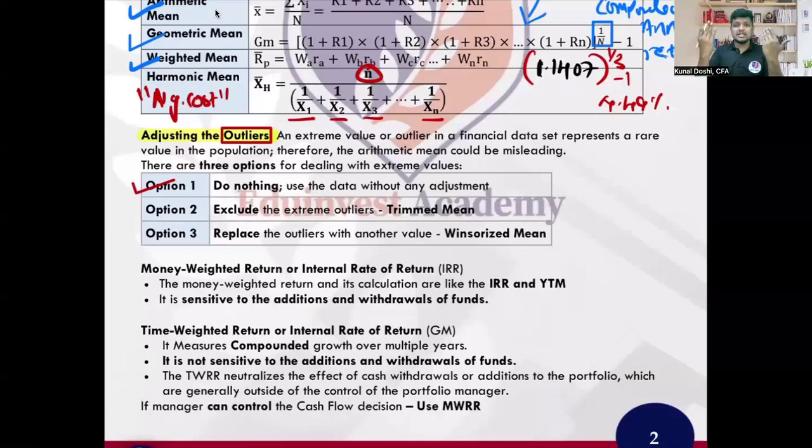First, either you remove those extreme numbers, which is called trimmed mean. Trimmed mean is when you exclude the outliers. See the meaning of trim. But instead of excluding those extreme numbers, you can also replace them. That is called Winsorized mean. So Winsorized mean and trimmed mean are not new means. They are adjustments in the mean for adjusting the outliers. Now, don't worry about this. Actually, it should not have been part of this topic. Unfortunately, it is.